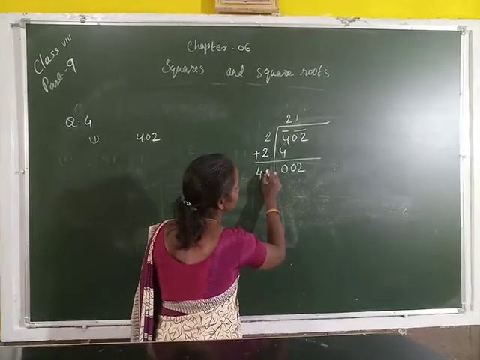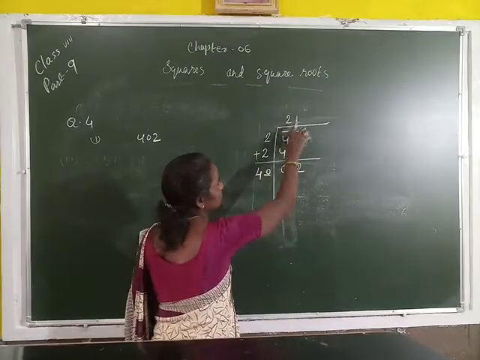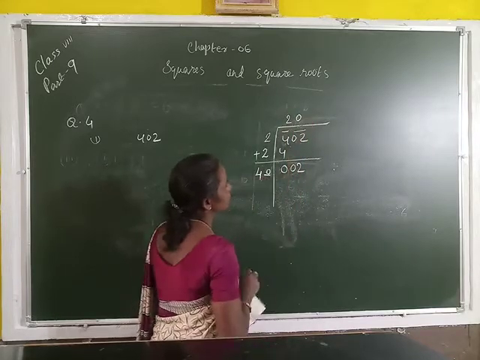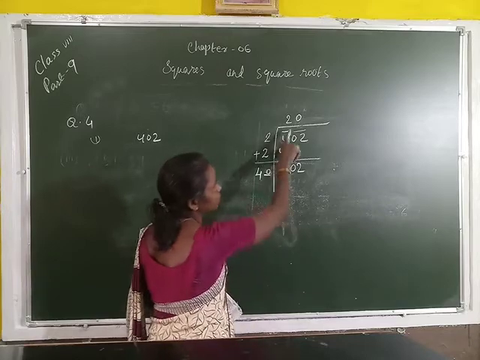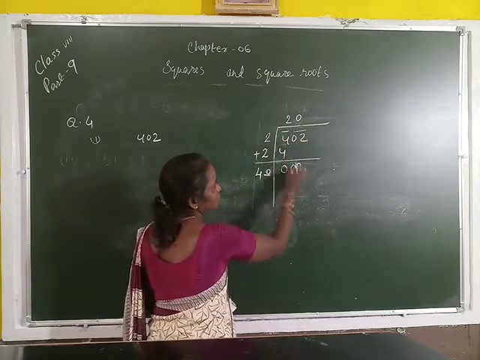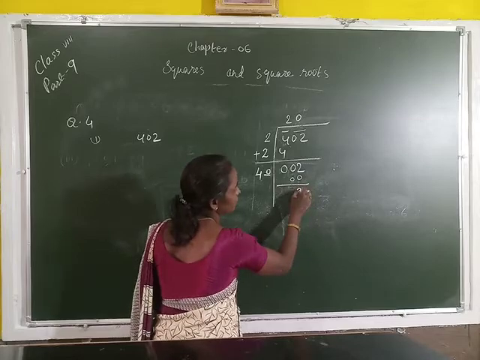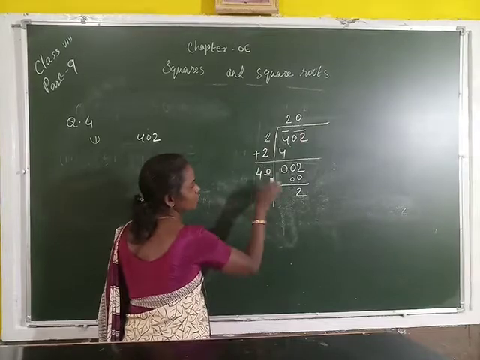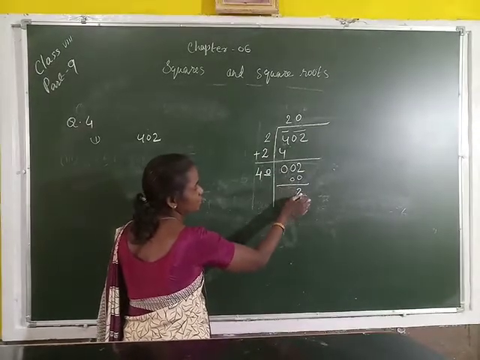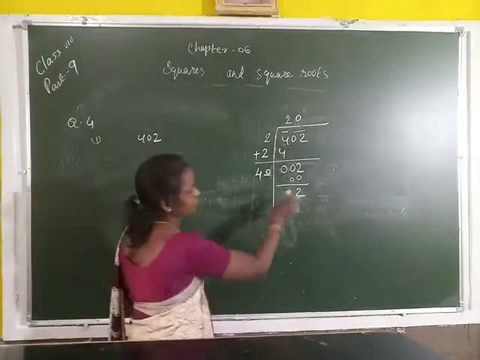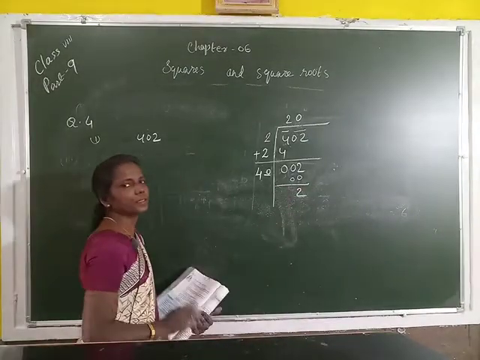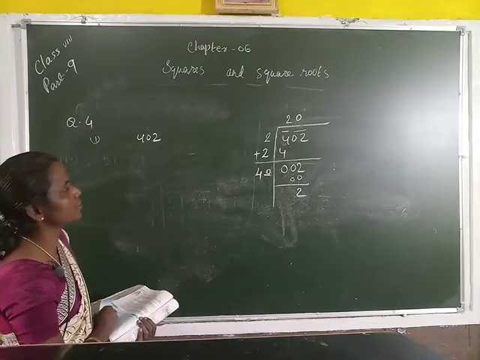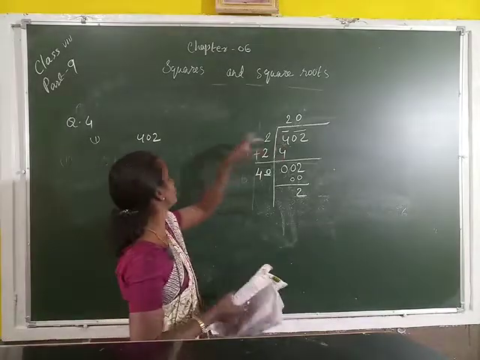Look, if you write 0, then the number is 20. 0, 0. Here, which number do we get as the remainder? 0 into 0 is 0, 0 into 4 is 0. So here we get the remainder 2. Is it clear? Then next, look, this 20 square. Which number is the square root of it?